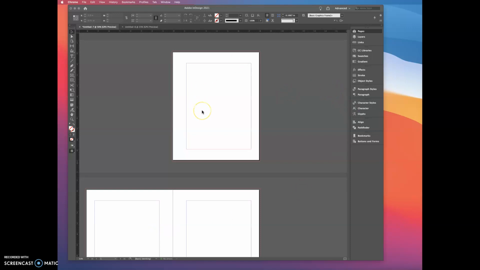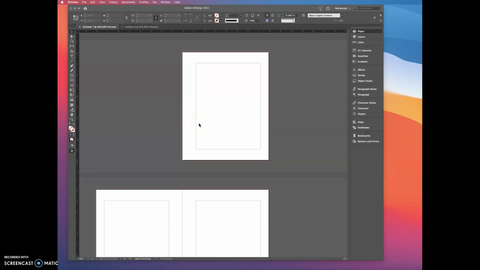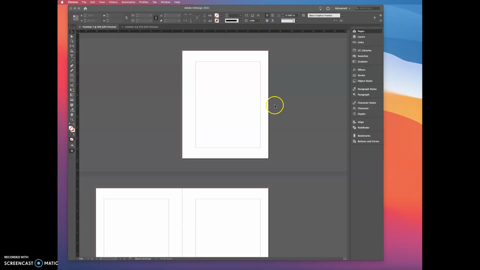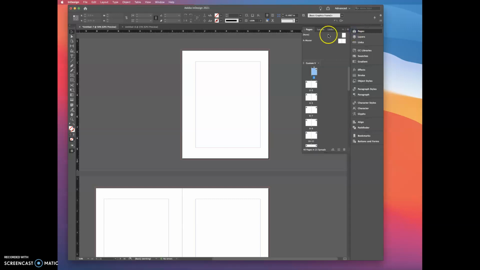I'm back in the document that's 40 pages long that will be perfect bound with a wider inside margin. It might seem overwhelming to have a document with 40 blank pages staring at you, but I think it's a good place to start by building some master pages. You can't really build a master page unless you know the content that you're building for, but once you have that settled, which you should have done this last week, you can start to envision how you want this document to read and to look and how you want the flow to be. And so master pages will help you create that